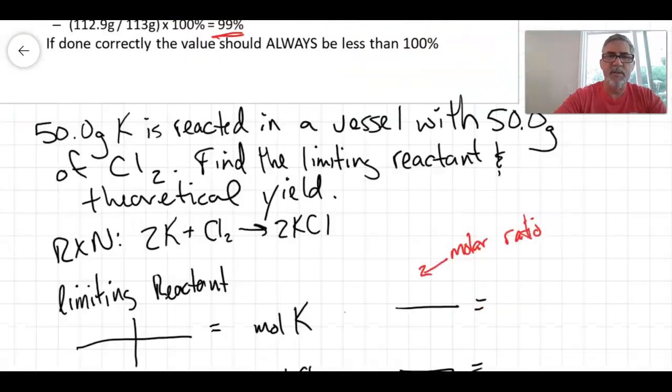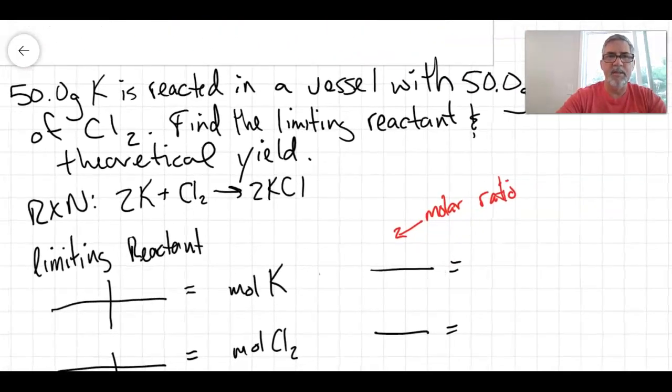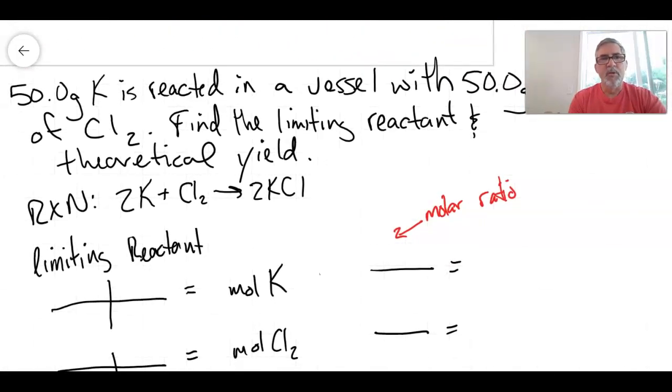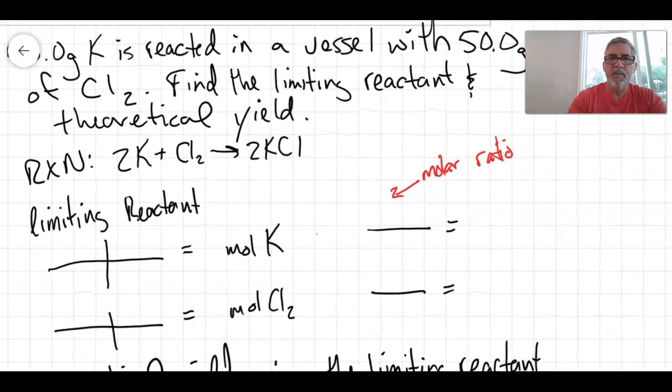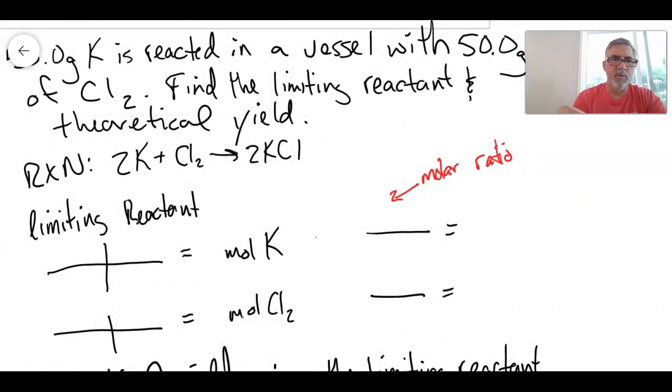All right, so let's give you an example of a problem that I would ask, maybe on a quiz or something. So if you have 50 grams of K reacting in a vessel with 50 grams of chlorine gas, right? First you have to find the limiting reactant and the theoretical yield. All right, so limiting reactant. First thing you have to do